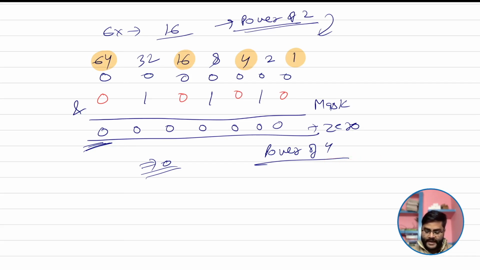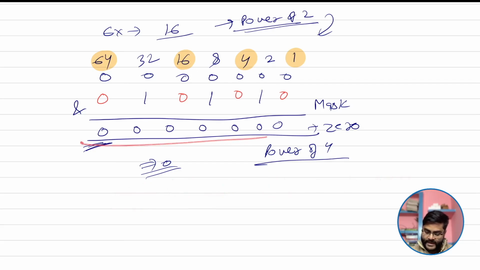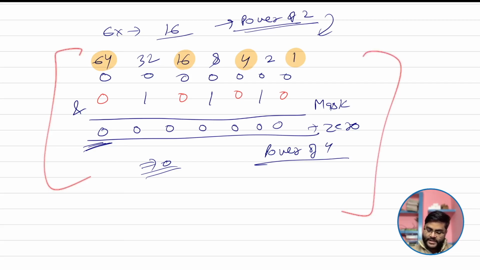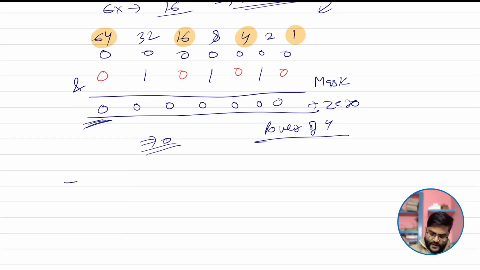But I want to follow the same pattern as power of 2. In power of 2, if my answer was 0, it was a power of 2. Similarly in this also, if my answer is 0, that means it is a power of 4. And I will follow a similar pattern for power of 8 and 16 as well. If you are not comfortable with this, just take another mask. If you want to find for non-zero, reverse the mask. Take the mask accordingly. Now my mask will be like 0 1 0 1 0 1 0 1 0